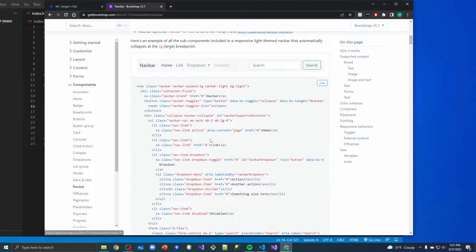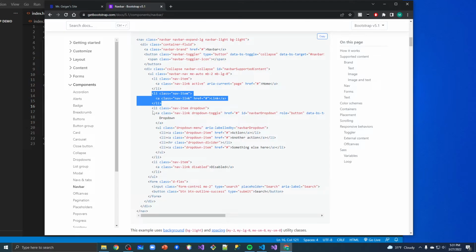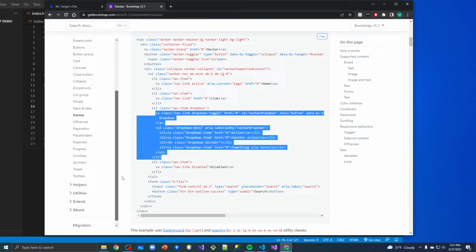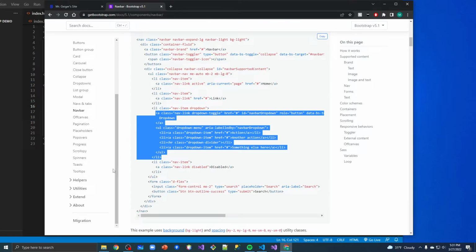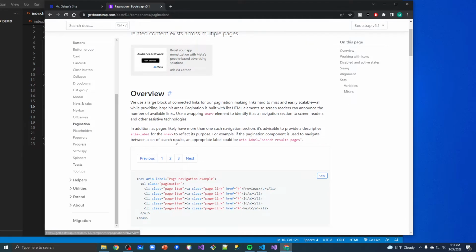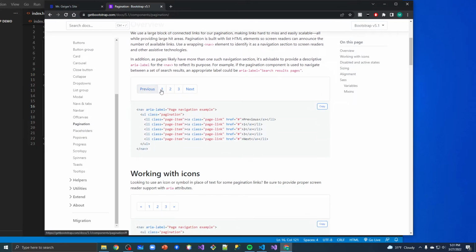Oh, where does it say link? Here's the link section. So I know this list item is for that link. The drop down, here it is. List item class, it's a nav item of drop down style. And then here's the rest of the code for that. And I can adapt it however I want to adapt it. I think I'm going to stop there. You can go through and look at all these different examples and find things that you might want to use on your page. Here's one for